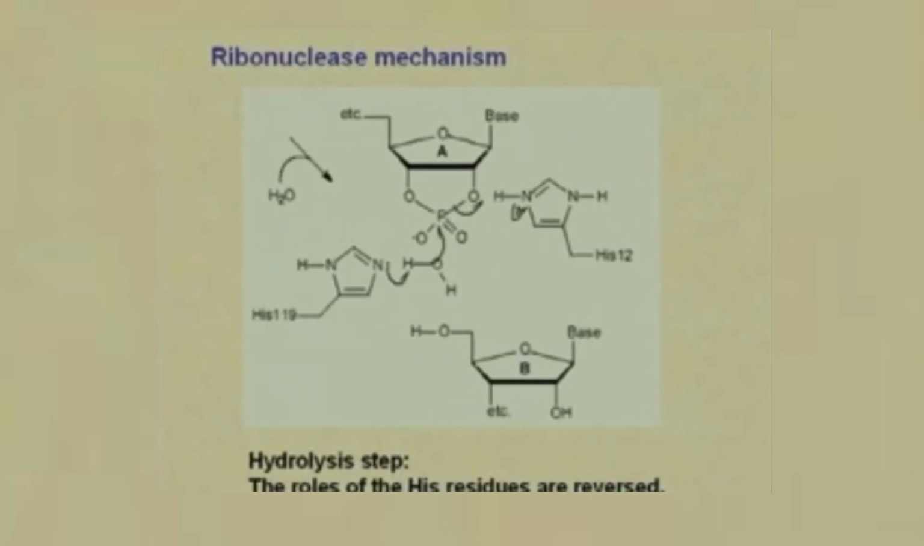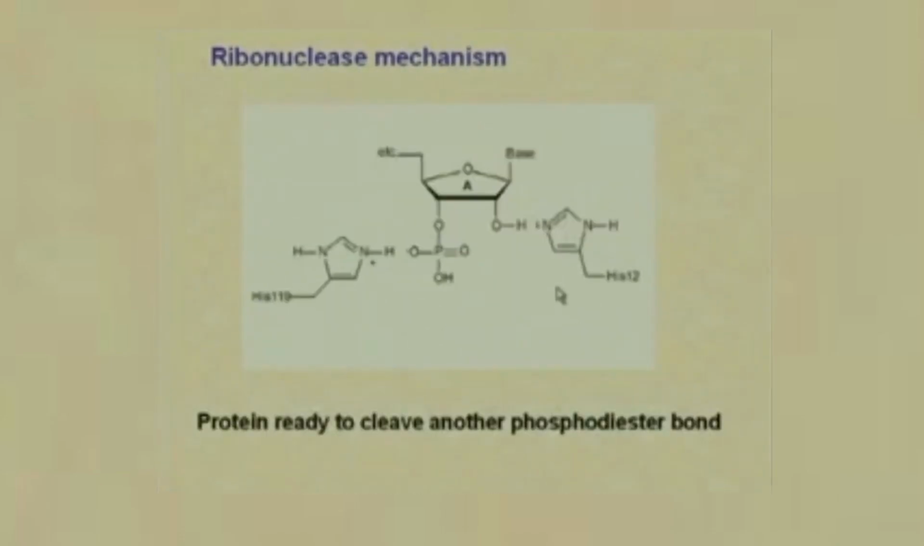In the cyclization step, histidine 12 is the base and histidine 119 is the acid. In the hydrolysis step, the roles are reversed. Histidine 119 is the base and histidine 12 is the acid. So what are we left with now? We are back to our ribonuclease A, where we have now histidine 119 that is ready to provide another proton to behave as an acid, and this histidine 12 has now lost the proton that it had,